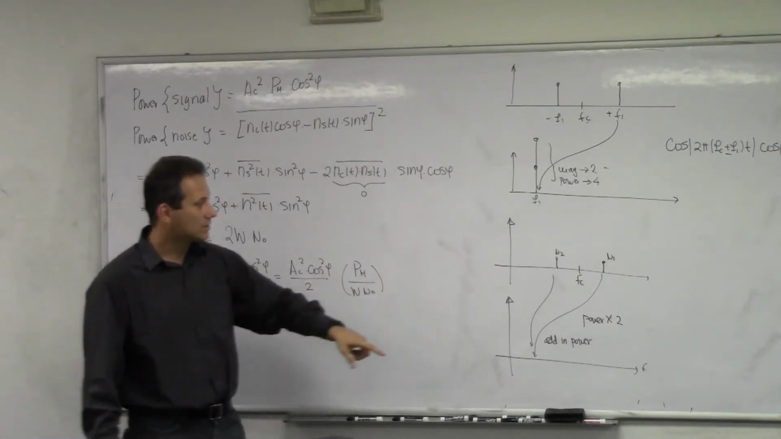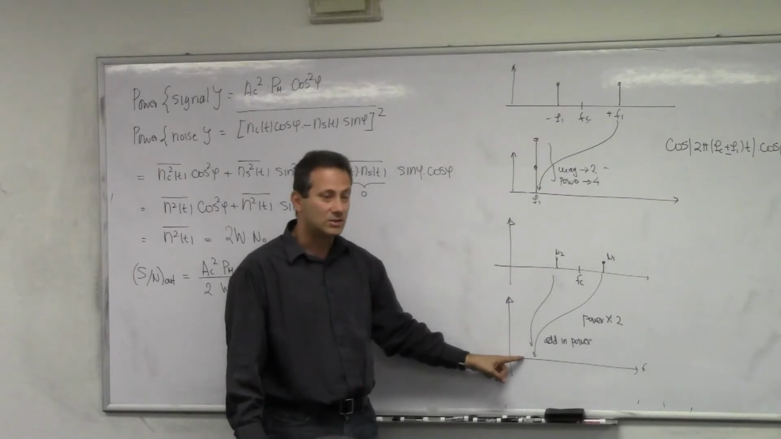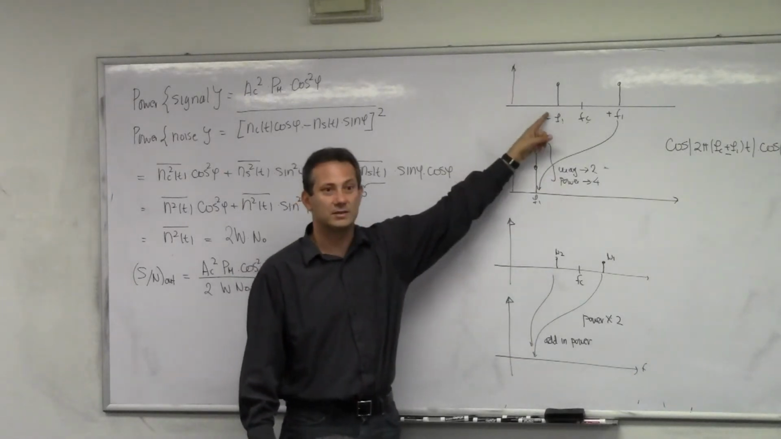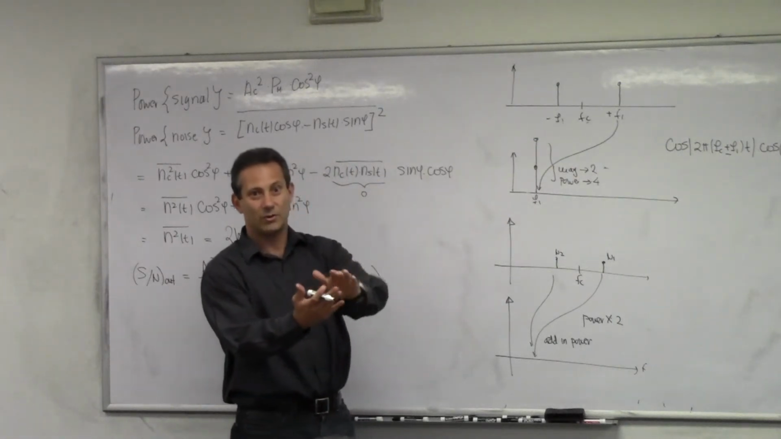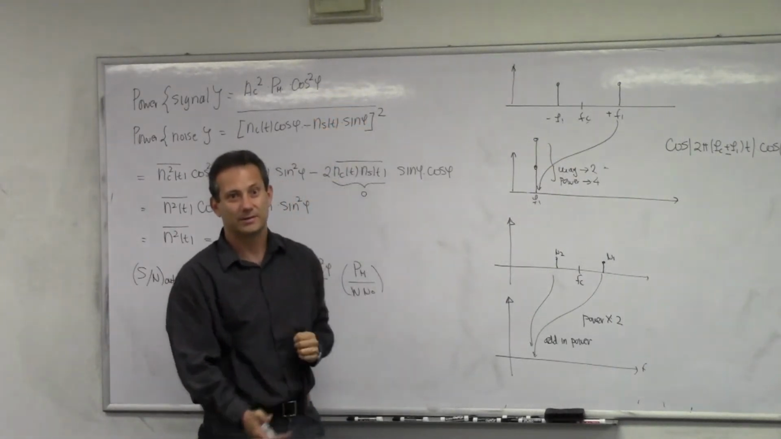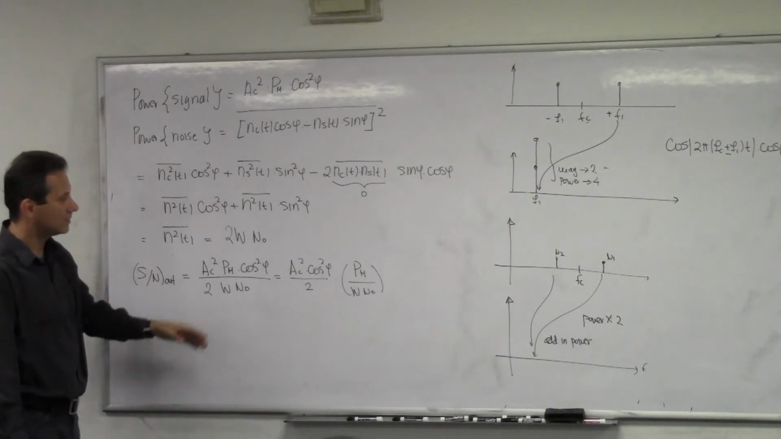To go back to your question, the power spectral density here is twice the power spectral density that you had at the passband, because you bring this down, you fold it over, it stacks as power, right? So that's the